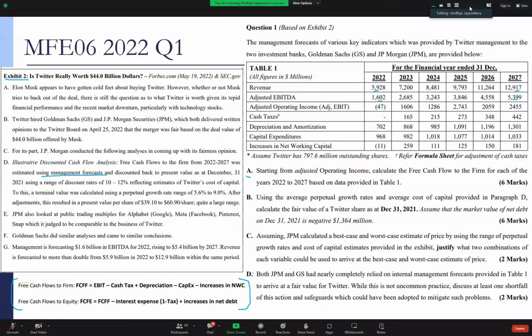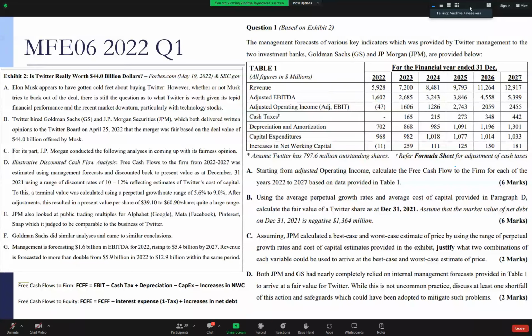And they're using this management information, and Goldman Sachs is coming up with a value for the company. So Goldman Sachs has now used the management information, done some analysis, and these are the main figures that they have come up with. So using these figures,